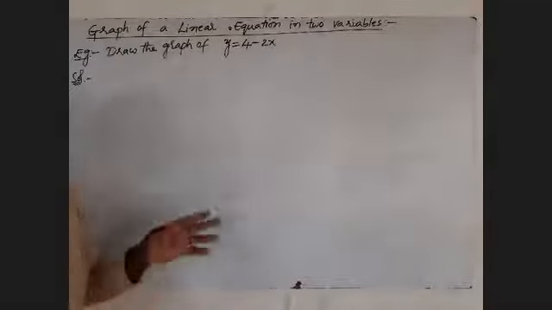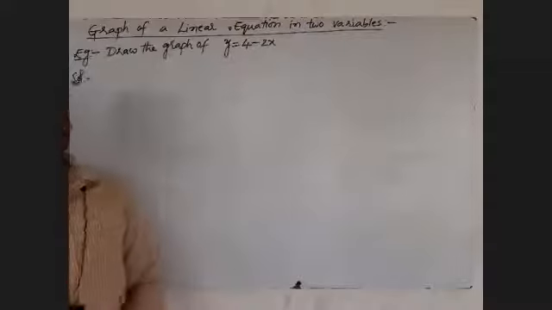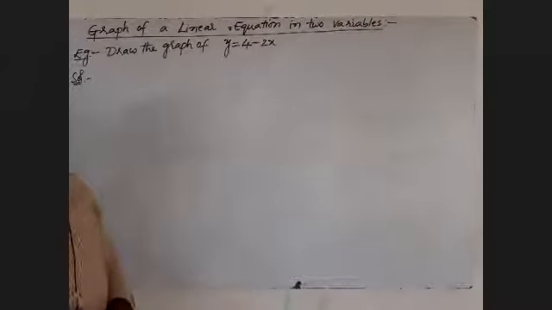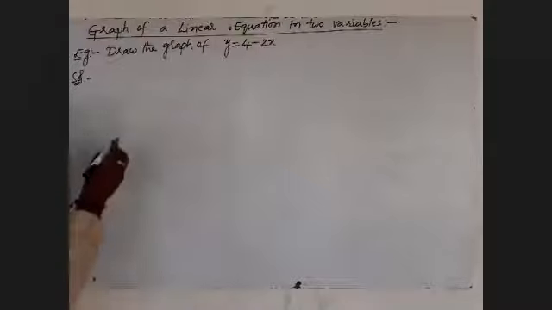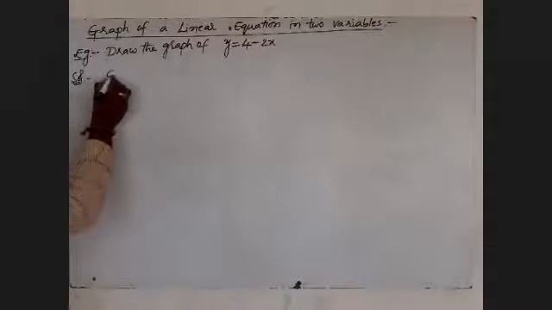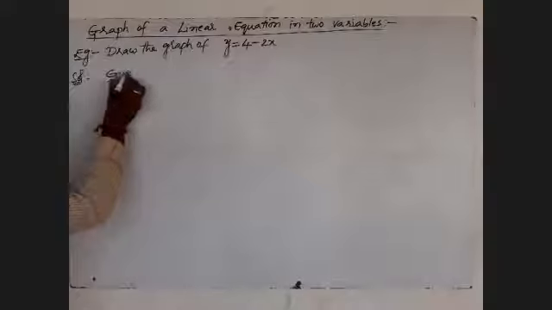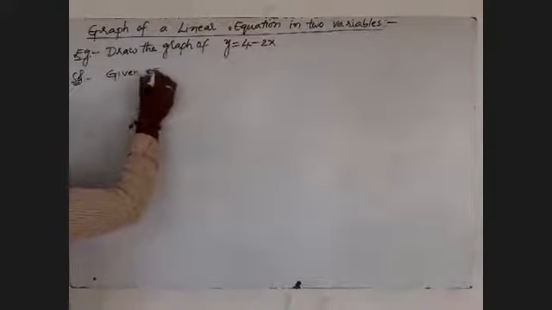If we take some x values, then we find the value of y. After that, we take the ordered pair x comma y. Finally, we draw the graph. First, what is the given equation? First, we will write the given equation. The given equation is